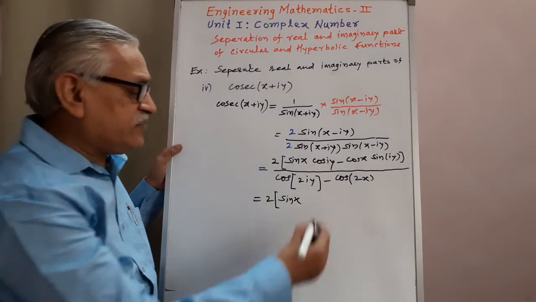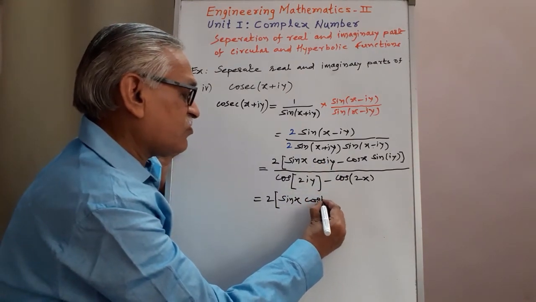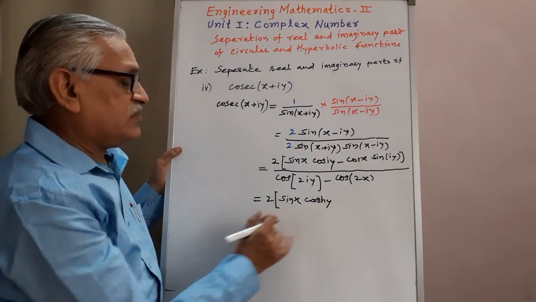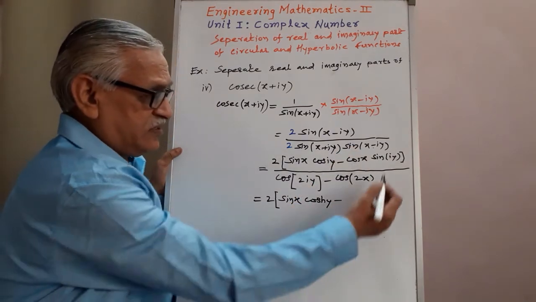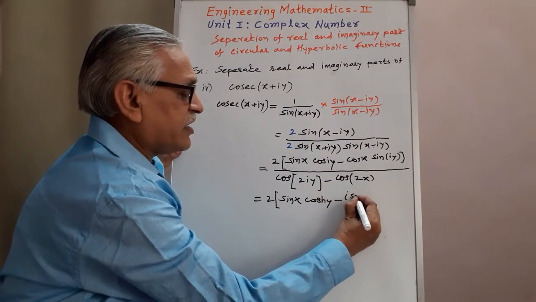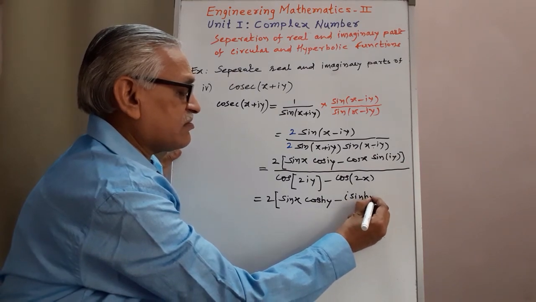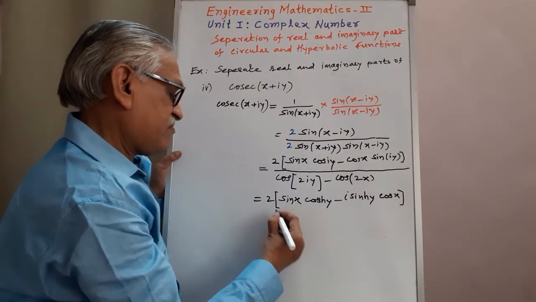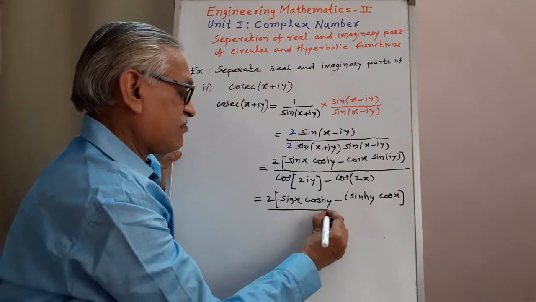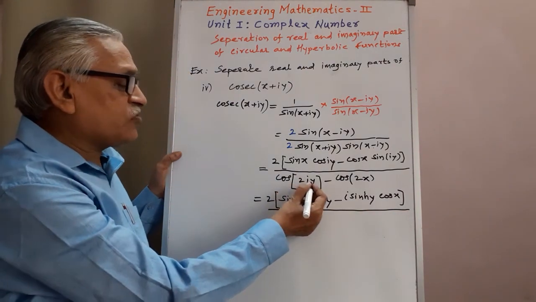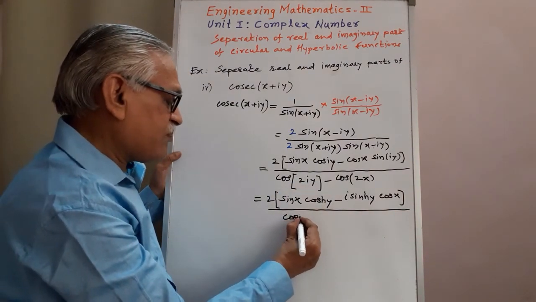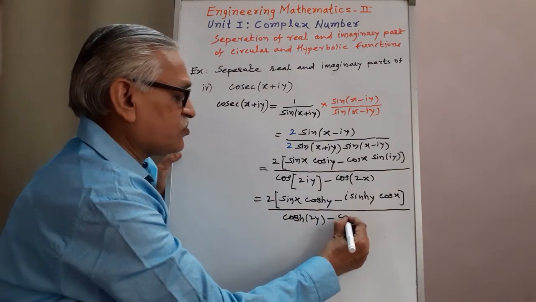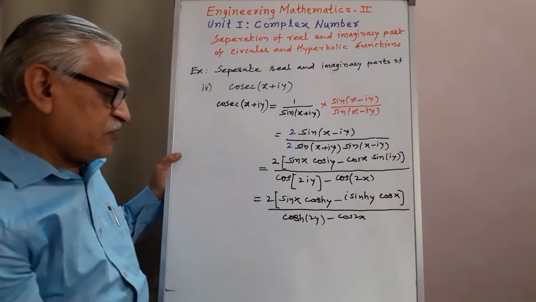We know that cos of iy is cos h y minus sin of iy is I sin h y, cos x as it is. Again, cos iy is cos hyperbolic 2y minus cos of 2x, and therefore